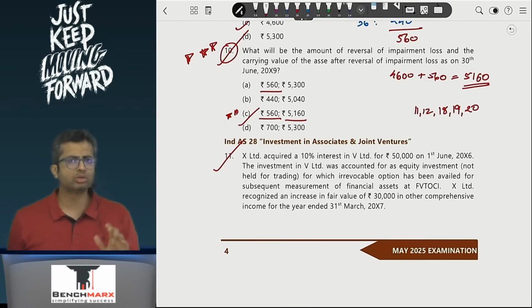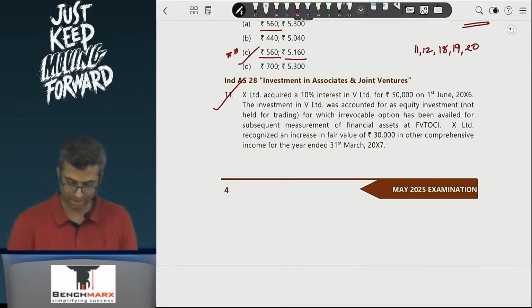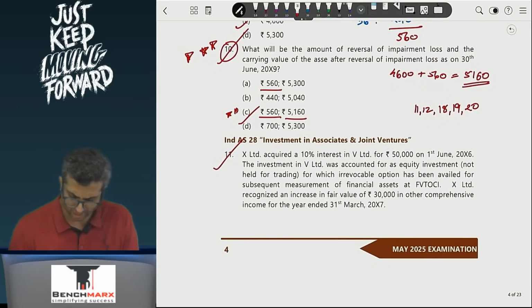Now we'll go to the descriptive questions. Case study 1 is largely similar to what is there in your material itself. We'll discuss that later if time permits, but we'll go to the different questions at least. When you go to the descriptive sections, question 11, 12, 18, 19, 20, within which